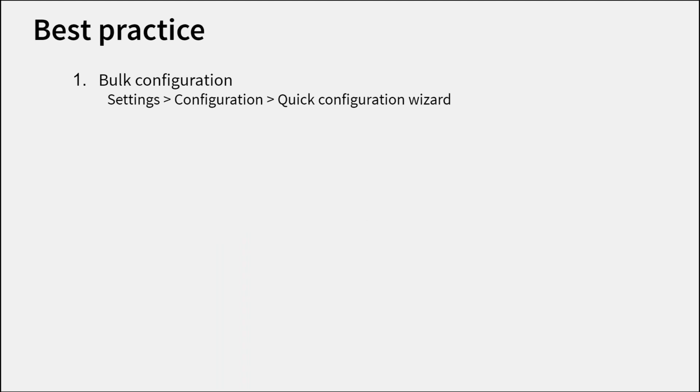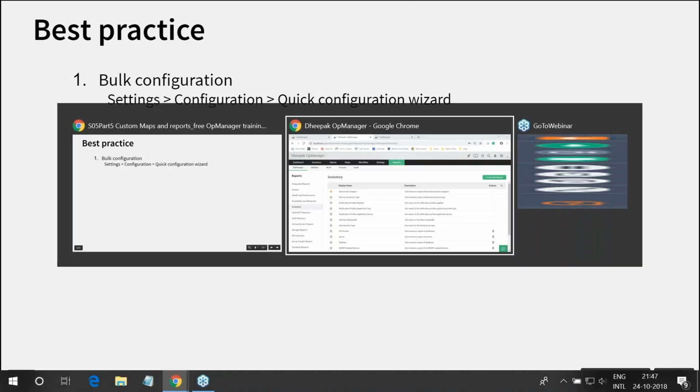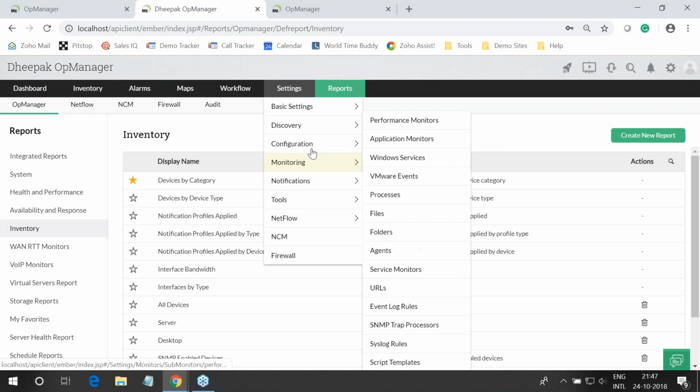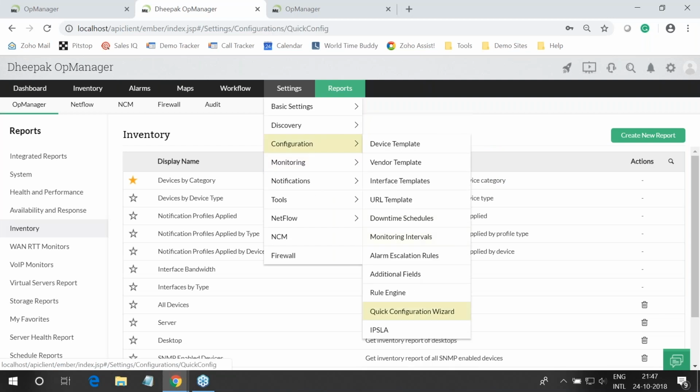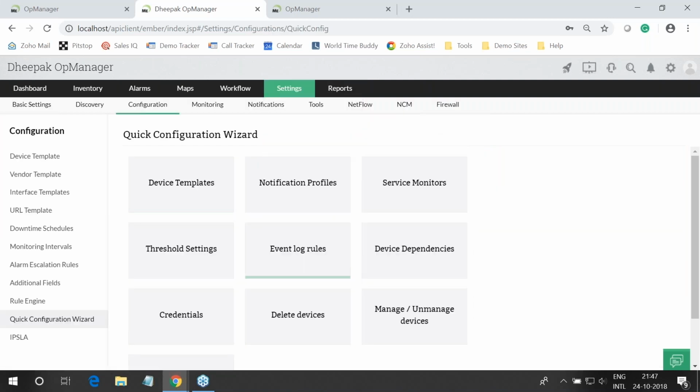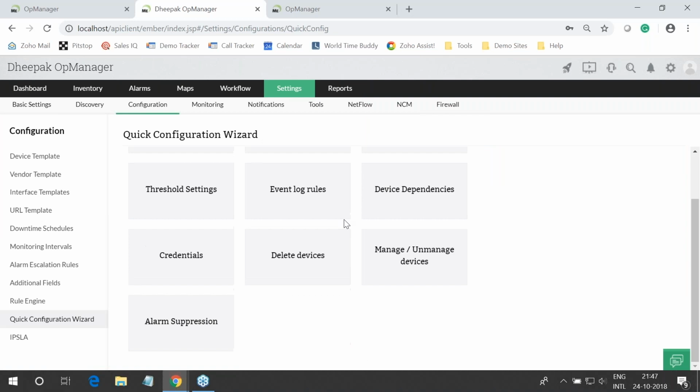So you might have multiple devices, even from 50 to let's say even 500 or so, or even more. And if you have to do a configuration change to all of those devices, it's going to be a tough task if you're going to do it one by one. And that's when we've given you this option to configure them in bulk. So it's available under settings, configuration, and quick configuration guide. So we have certain configurations that you can play with,